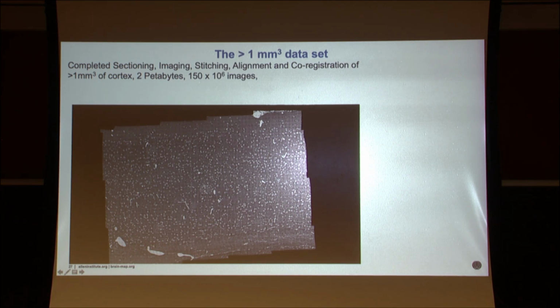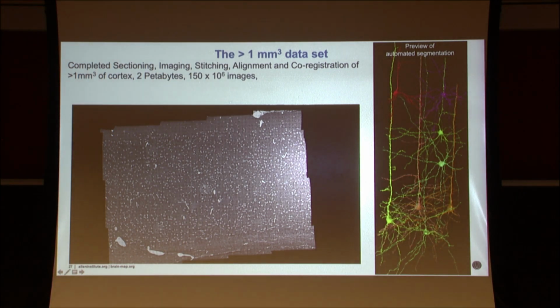Here's the data set at a very, very zoomed out, a little bit more than a millimeter, a little bit less than a millimeter. The only thing you see are blood vessels, the white things. There's a nice big North Star Road, a big vessel, and a bunch of little vessels, and those little dots are nuclei. This is what you get out of it after segmentation.